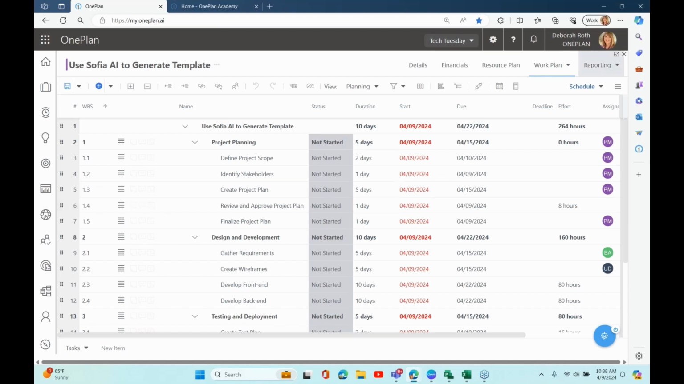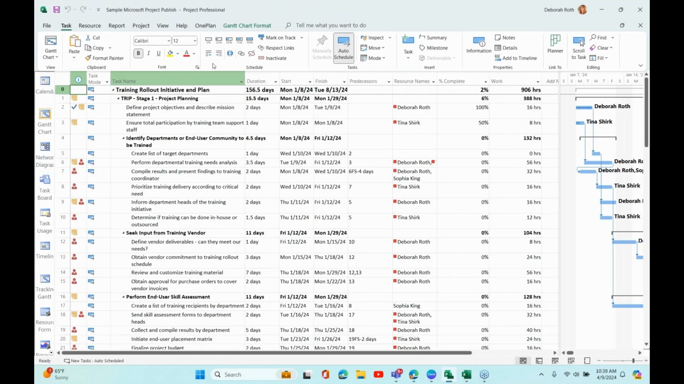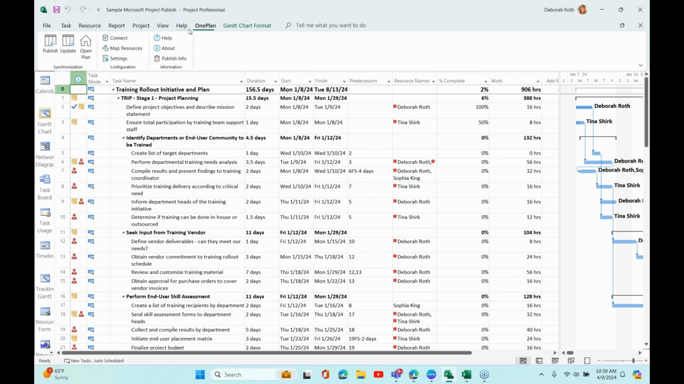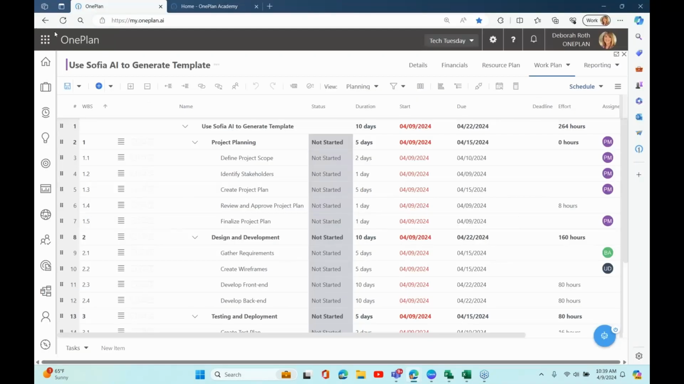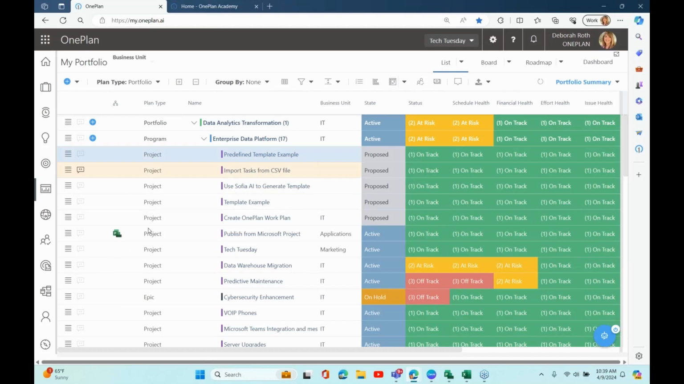I think I'm going to show you how, if you're using Microsoft Project, for example, we do have the OnePlan connector, where you can continue to work in OnePlan or in Project, and then you can publish that plan out to OnePlan so that it is centralized in the portfolio. For the sake of time, we can do that on a deeper dive, but you can see here that there is a connected system,